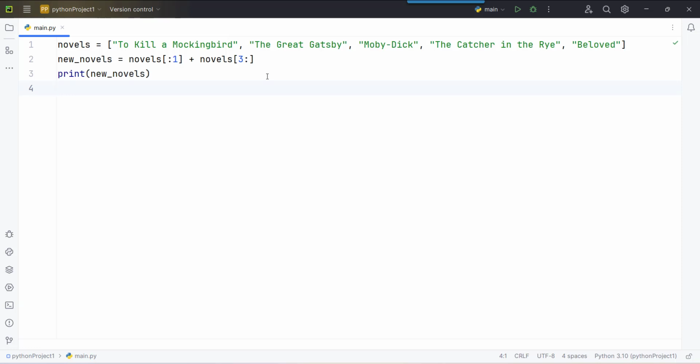For this, you need to know the position of the elements which you want to remove. So if I want to remove the second element and the third element of this list, then I can use slicing like this as well, where I will first get the first element and then I will leave these two and